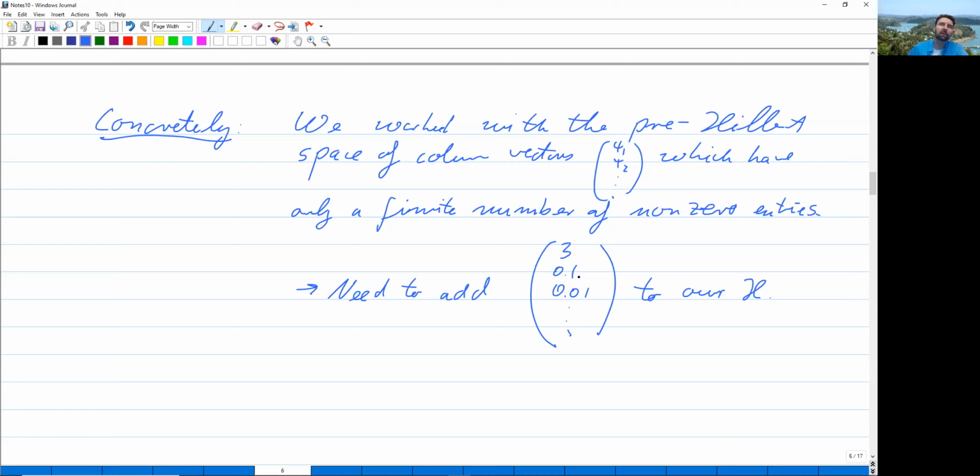But presumably that's not going to fix the problem. What is the set of vectors that we have to add to our vector space so that it becomes a Hilbert space? And what one can prove is